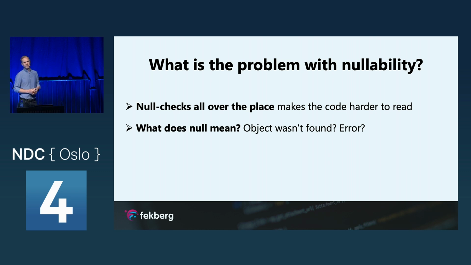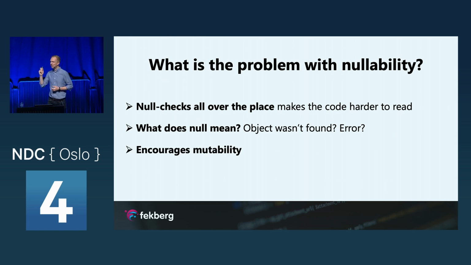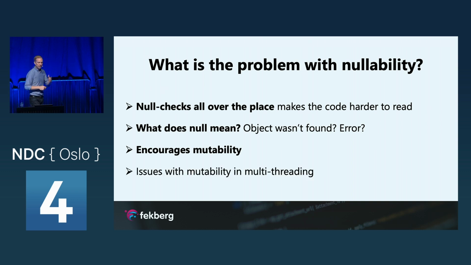It's better. Similar to nulls, but it's at least a little bit more understanding what you're doing. And also introducing nulls in the language means that we encourage objects to be mutable. That means that we can change the state. Once I create an object, I don't want that to be changed at any time without it being dereferenced, because there's going to be some issues with multi-threading.